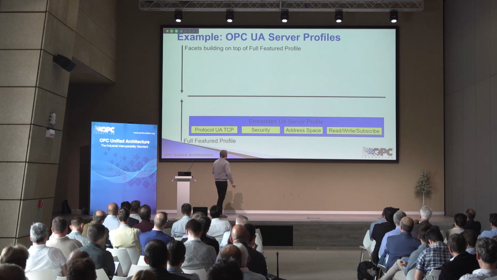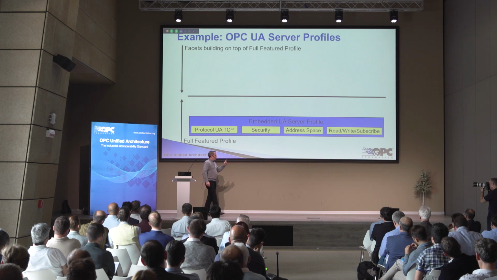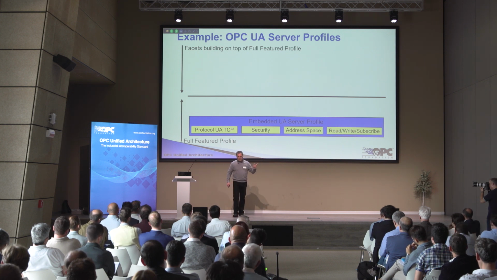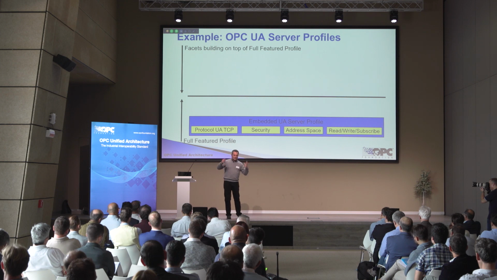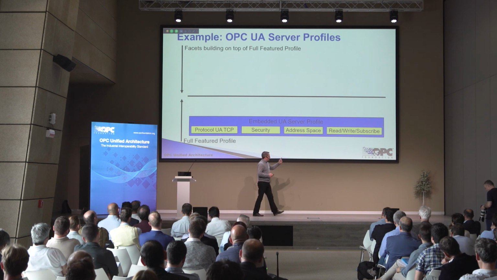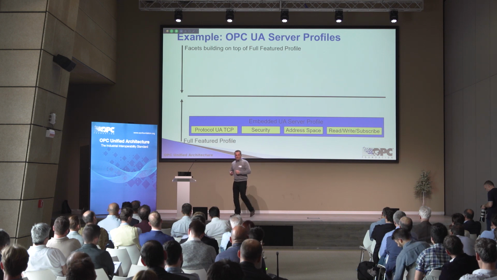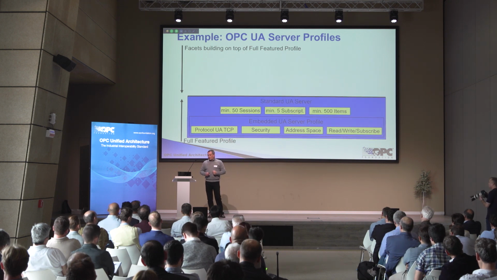Here I have the example of an embedded UA server profile. That's a full-featured profile and already contains a protocol. In this case, it's UA TCP. It already contains security. In this case, two security mechanisms are already included. And it already includes the address space, which you obviously need to browse through this nice information model that we have created. And it already has functions, the services read, write, and subscribe, included in this embedded server profile. And now, on top of that,